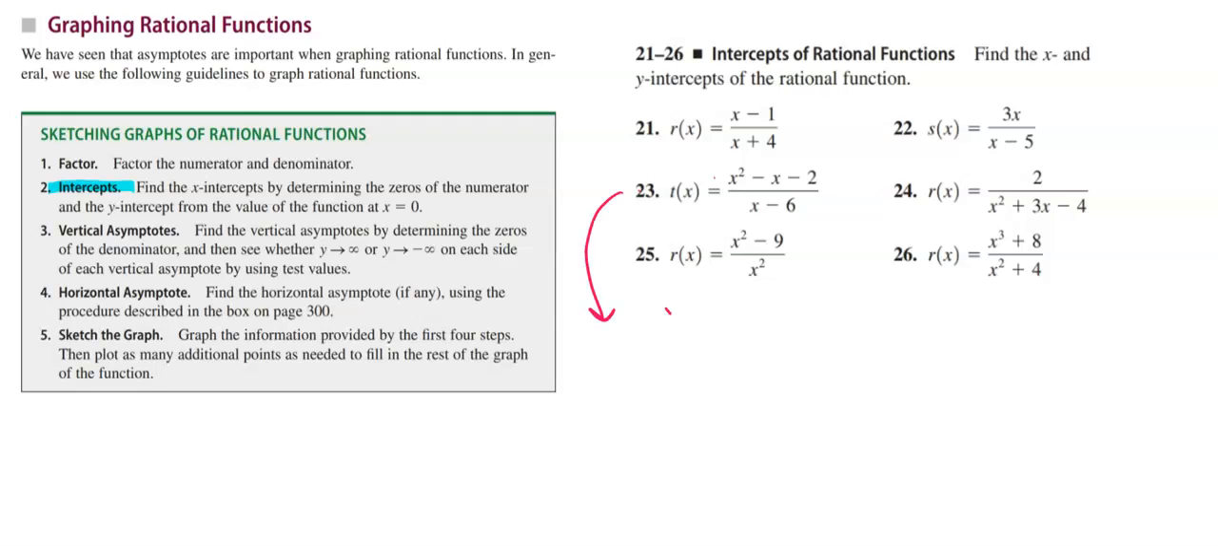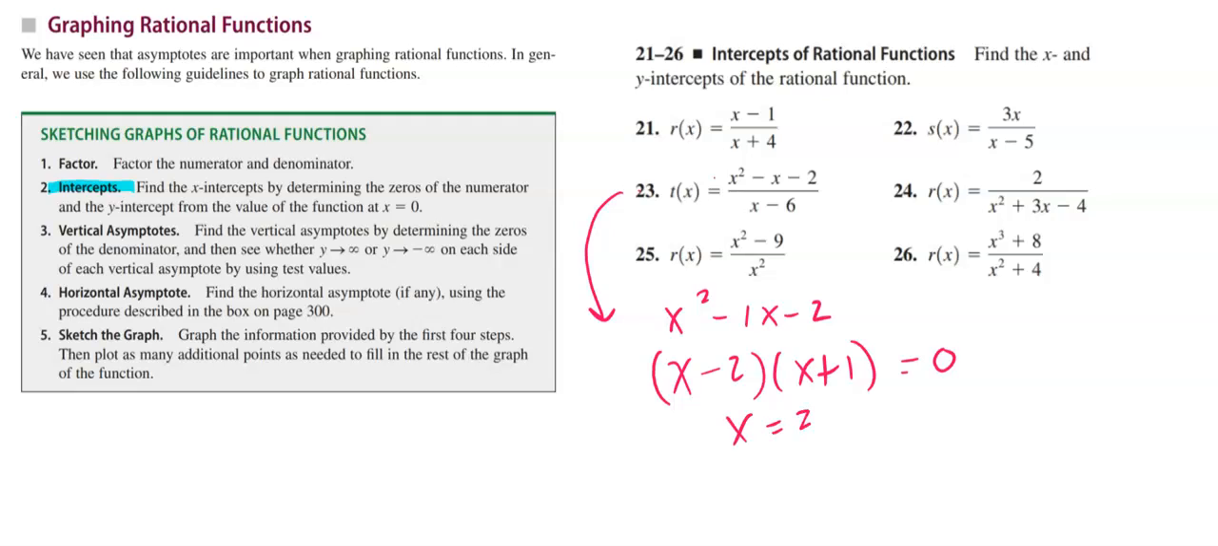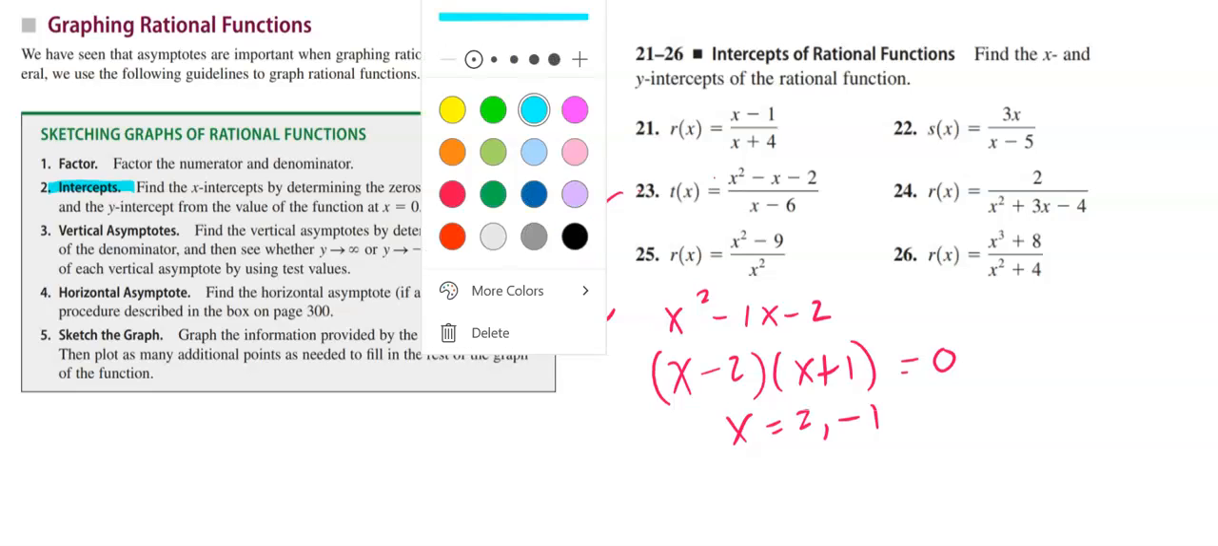So the numerator is x squared minus x minus 2. This factors: x minus 2, x plus 1. Great. Using the zero product property, we'll solve for x. x is going to be 2 or negative 1. So those are our x-intercepts. And then to find the y-intercept,